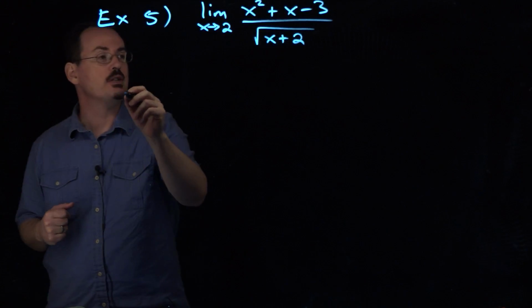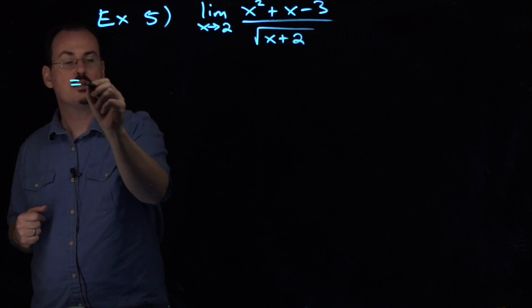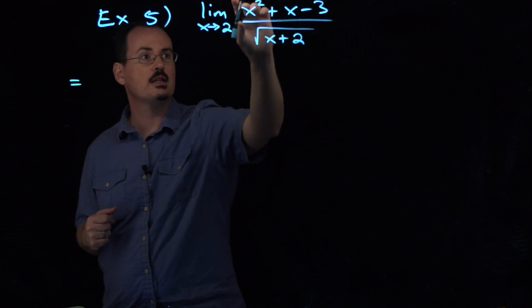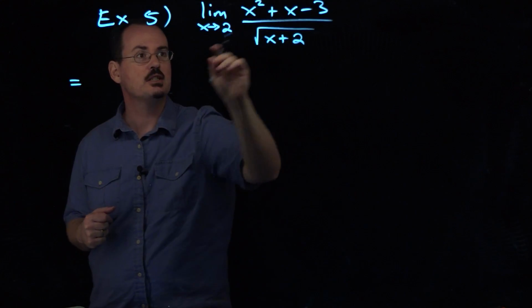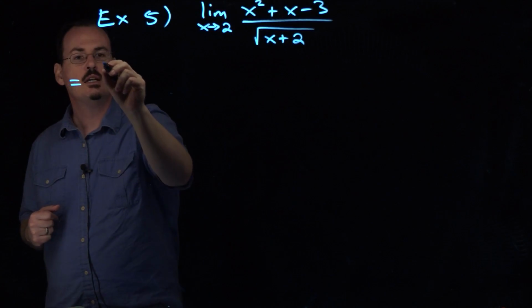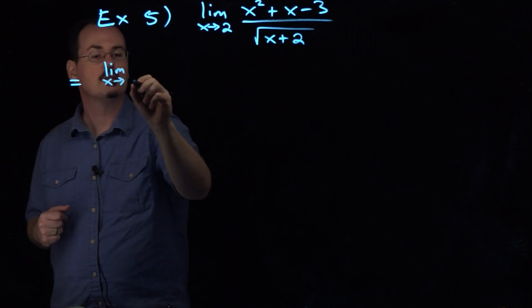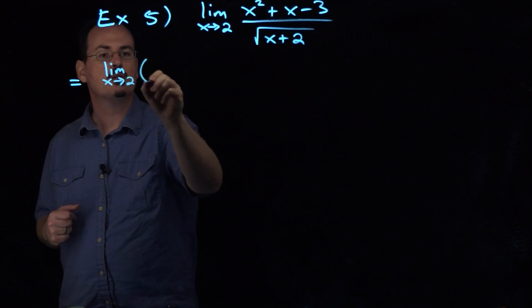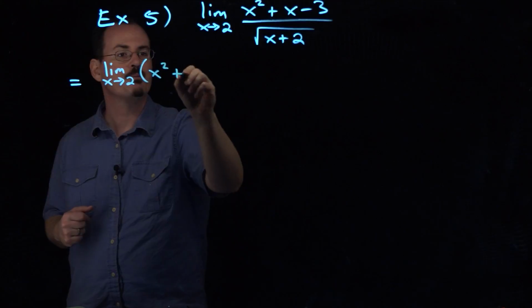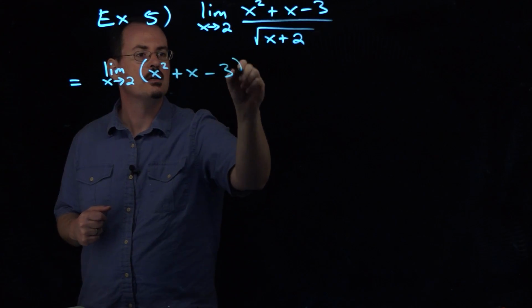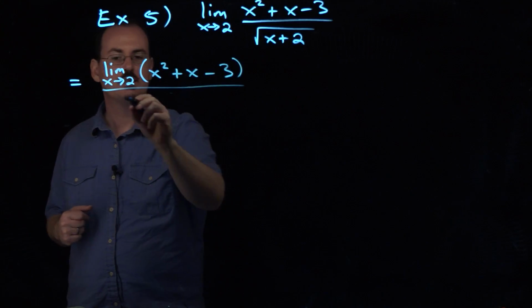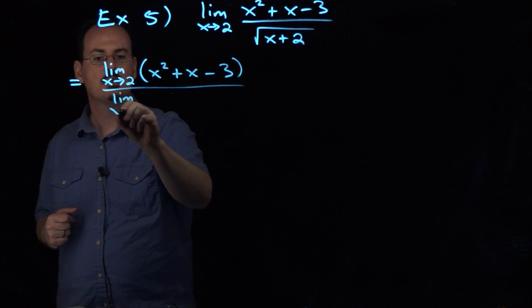But really, if we look at all of the rules together, there's a rule that we saw in the last example that says if we've got the division of two functions, we can write that as the quotient of the limits. So, in other words, this is what we can do. We can take the limit of the numerator, we can take the limit of the denominator,